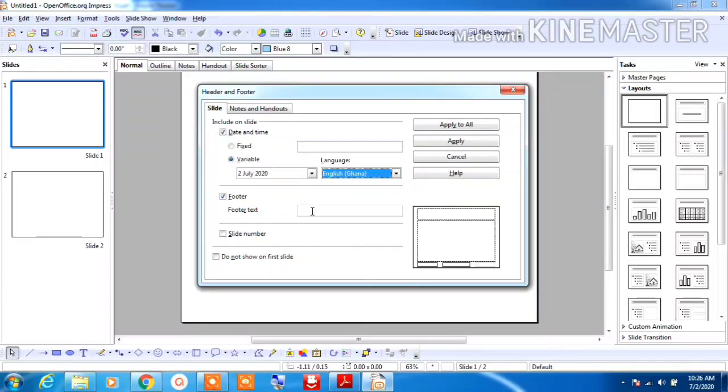Now the footer. If you want to write any text in the footer, suppose I am writing hello, you can write it in the footer text. It will show on the bottom right-hand side of the slide. Click on the slide number.